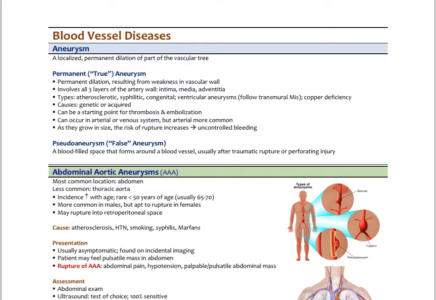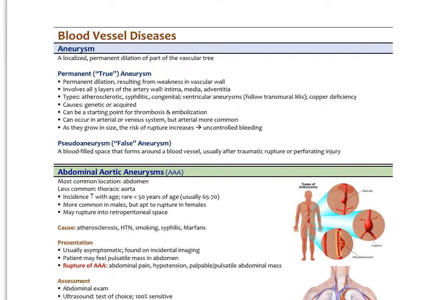Typically an aneurysm involves all three layers of the wall, so the intima, the media, and the adventitia. And again, there's different types. Atherosclerotic is probably the most common. Syphilis, interestingly, chronic syphilis, tertiary syphilis, can weaken arterial walls, predisposing towards aneurysm. There can be congenital issues. They're genetic. So, for example, Ehlers-Danlos syndrome or Marfan syndrome, and specifically Marfan's patients are at much higher risk of